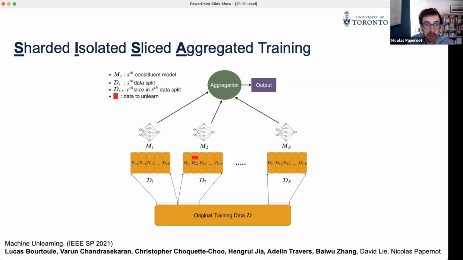And so what this means is, as soon as you complete one epoch, you've seen all of the training points. Here, we're slicing the data, which means that we're going to first train on, for instance, 10% of the data, and then save the model parameters. So save the state of the model, for instance, using the checkpointing mechanisms already in place in most frameworks. And we're going to save these model parameters before we introduce the next 10% of data. And then we're going to continue training now on 20%, save again the model parameters, and continue training on 30%,